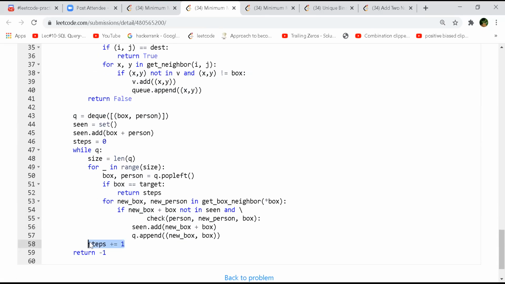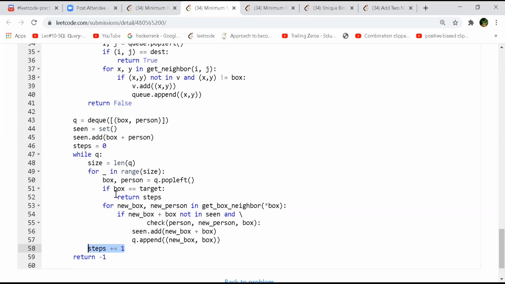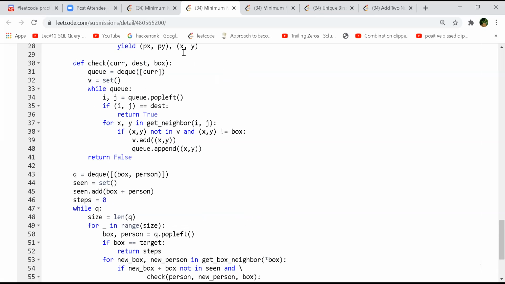So it's the same as what you just used, the BFS function for the normal case. So this is a level order traversal for the box movement. And whenever you are trying to do the box movements, you are checking if the player position can be matched in the direction of the box movement, right? Exactly, that is what the check does, right? Yeah, makes sense.